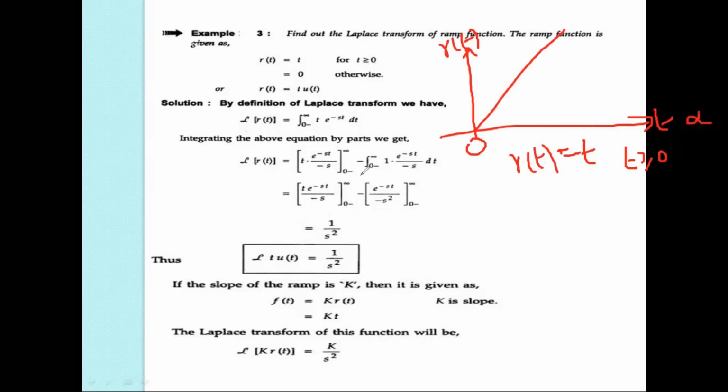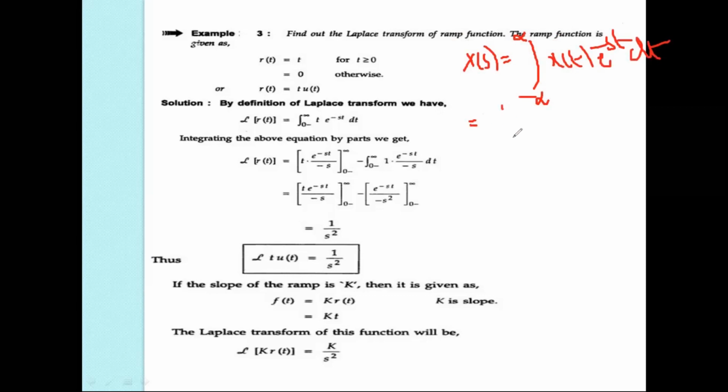Now you can find the Laplace transformation of the ramp function, or the linear signal. Simply you can say linear. This is t into mu of t, because t into mu of t varies from 0 to infinity. We have the definition of the Laplace transformation: X of s is equal to the integral from minus infinity to infinity of x of t e power minus s t dt,